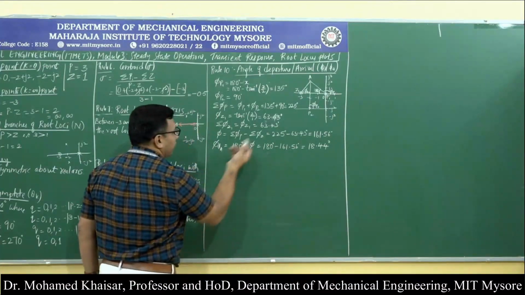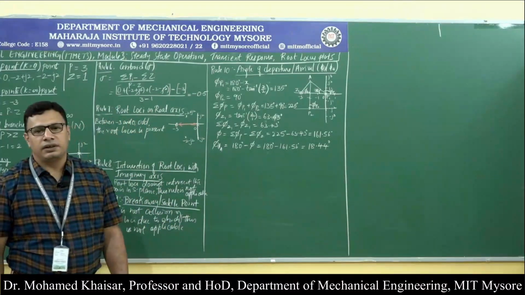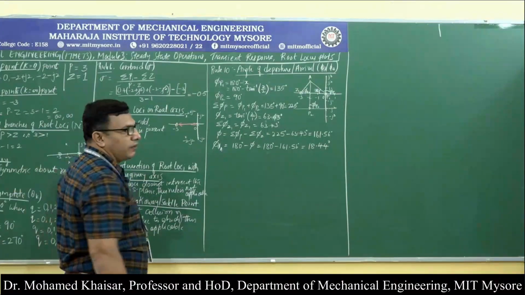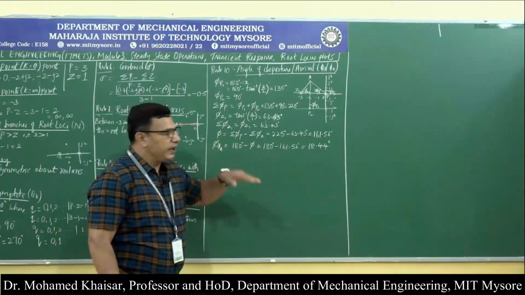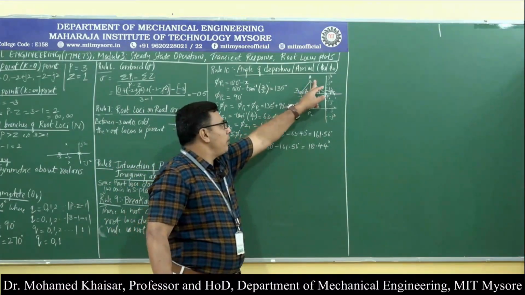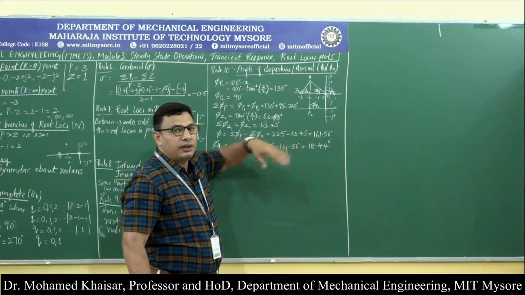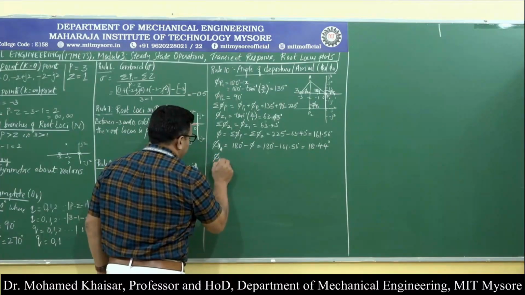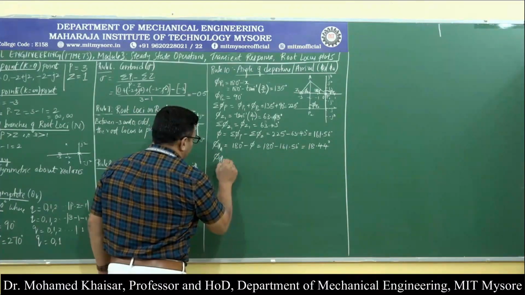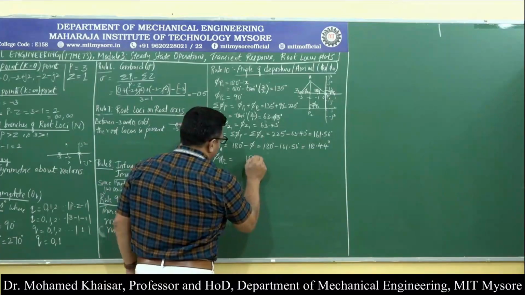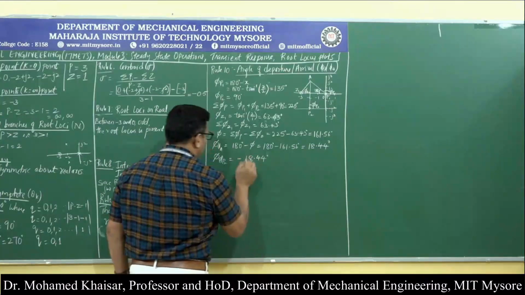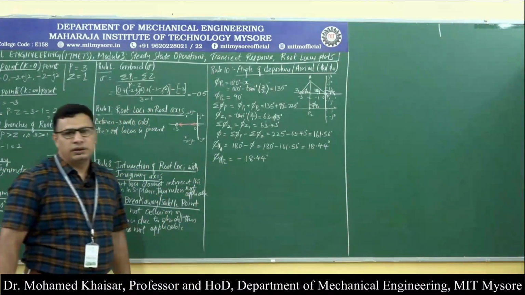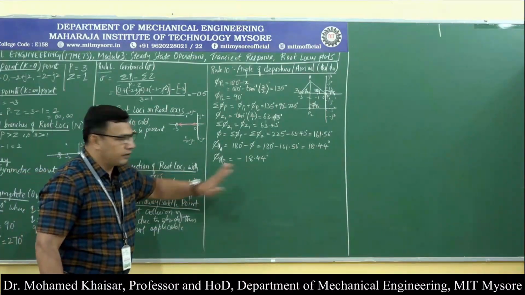Similarly, since we know the concept that we have already declared in rule number 4, that the root loci will be symmetric about the real axis, whatever will be the angle of departure for pole A, the same angle of departure with opposite sign will be for pole 2 over here. So the angle of departure for pole 2 will be 18.44 degrees, but with a negative sign. This is what we have already calculated.